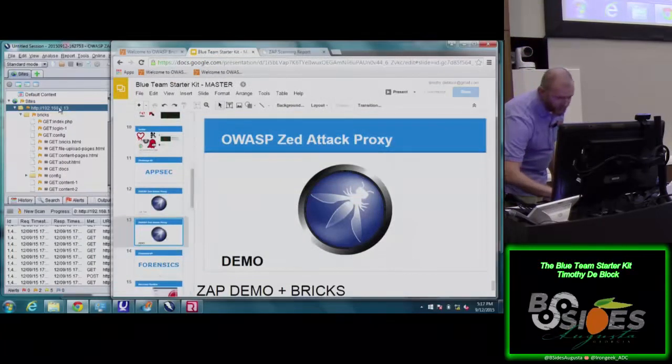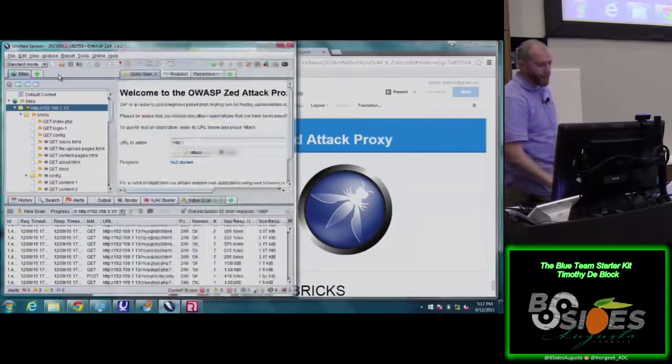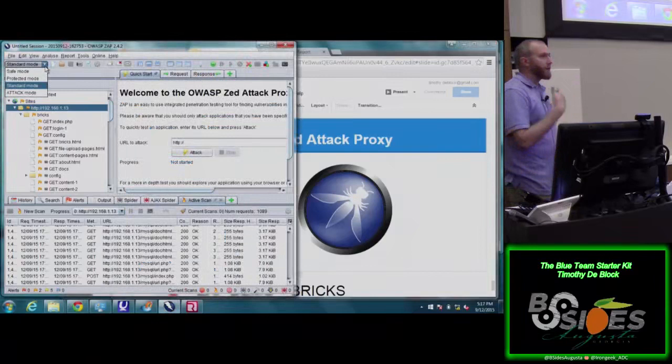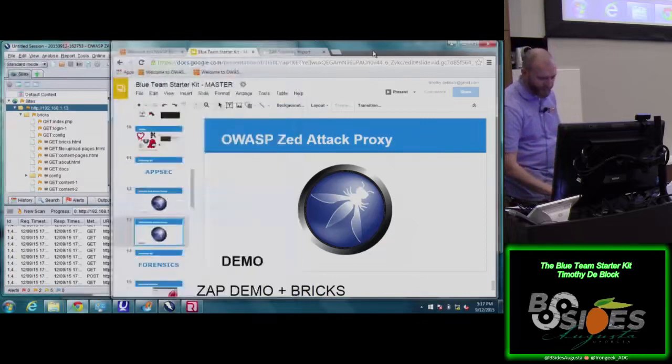So, and like I said, there are other things you can get into. It's got different modes. I usually leave it on standard, which gives you a safe mode and an attack mode, and it's well documented. So go out and you can take this home tonight and go play with it. And obviously, like I said, be careful what site you're going to, but that is a possibility.